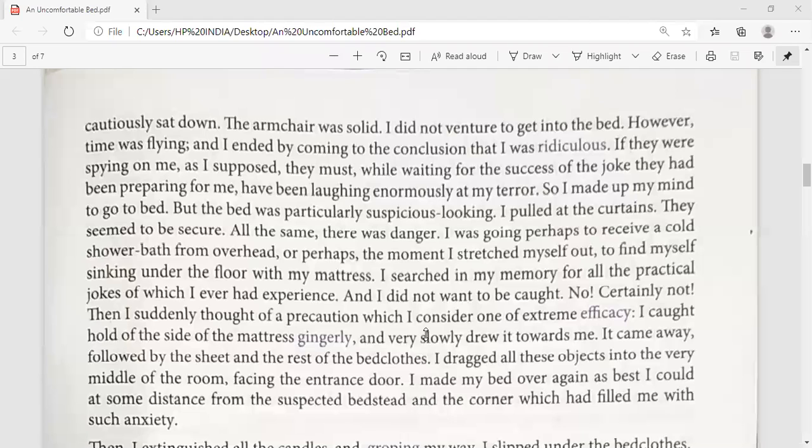Okay? So as I searched in my memory, you can just better see the picture here. To be on the safe side, what did he do? He just pulled the mattress and the bed sheet onto the floor, and he thought that he should sleep on the floor with the mattress and the bed sheet. He didn't want to sleep on the bed because he was thinking that there was a problem in the bed. When he would sit on the bed, he would get a shower bath from overhead, or secondly when he would sit on the bed it might fall. So he thought, on the safe side, what should I do? I should just pull the mattress onto the floor and sleep on the floor. Okay, he thought of this plan.